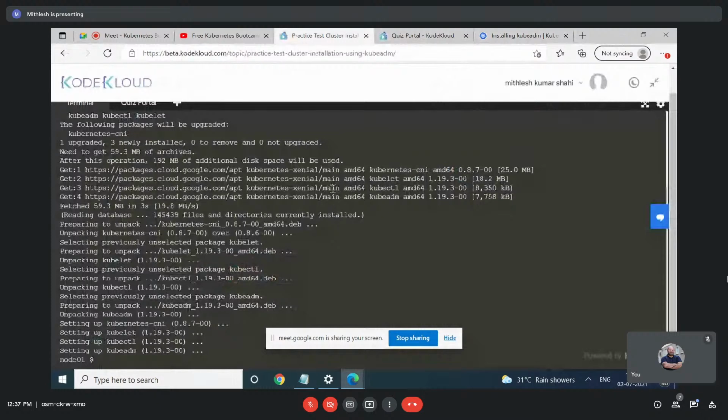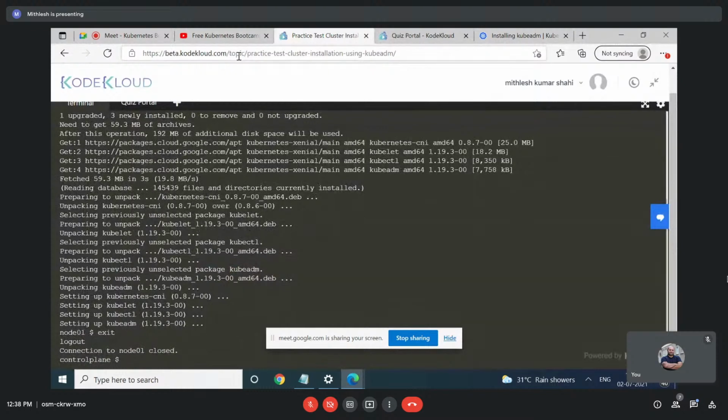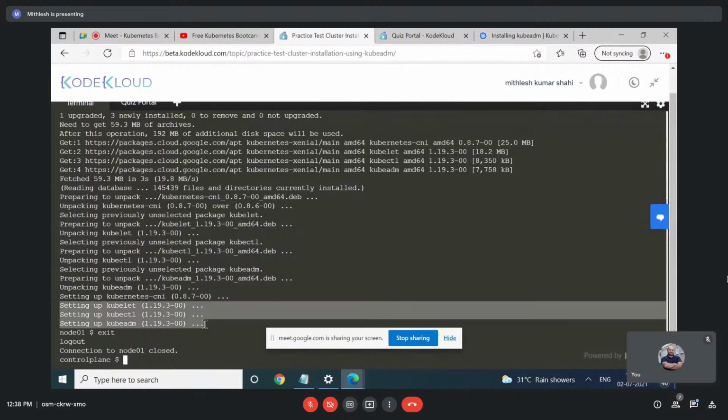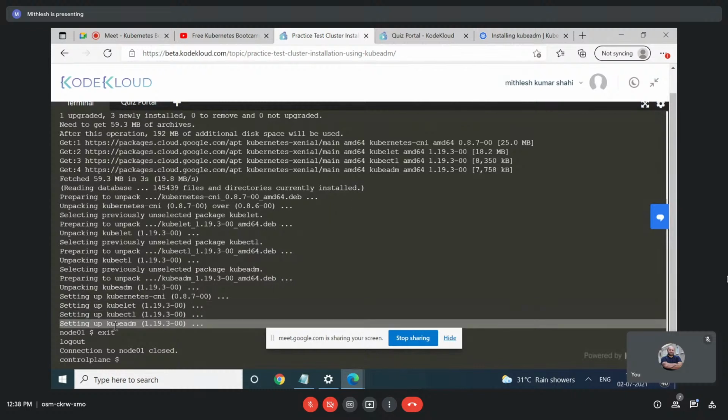Okay, so we have installed this on both the nodes, both the machines. If you see here, there are three components which are getting installed: kubelet, kubectl, and kubeadm. That is what is needed. If you go back to the diagram explanation I mentioned, kubelet and kubectl are installed as separate components, whereas etcd, kube-apiserver, and kube-scheduler are all a single component as part of kubeadm. When you install kubeadm, you get the whole bunch, but that doesn't limit you,